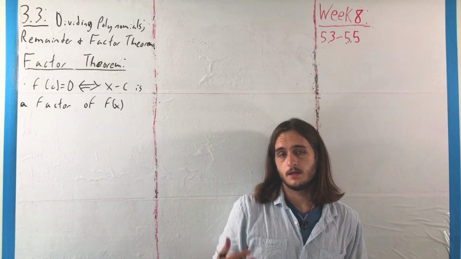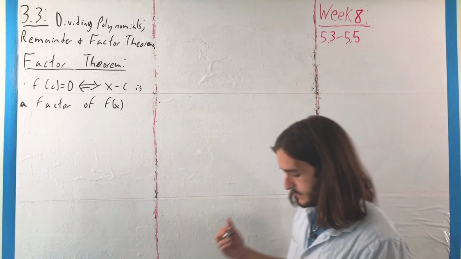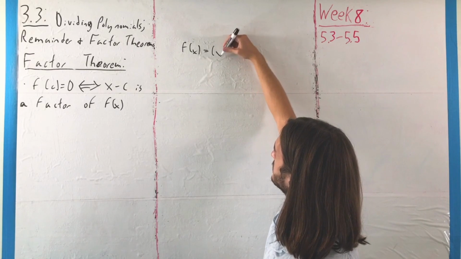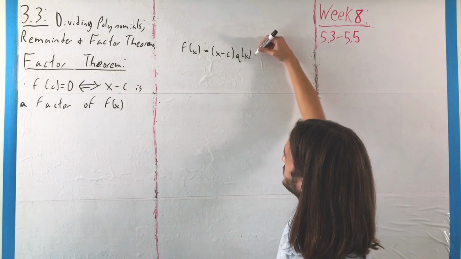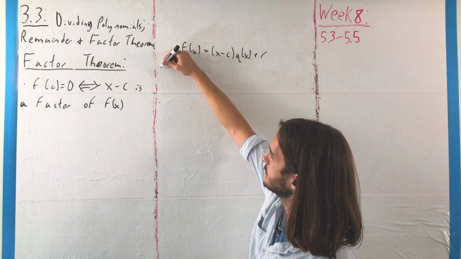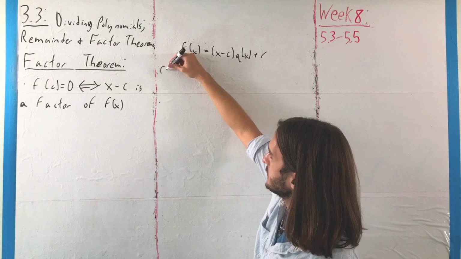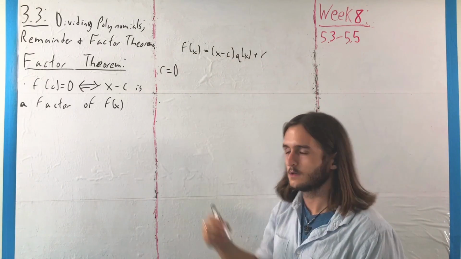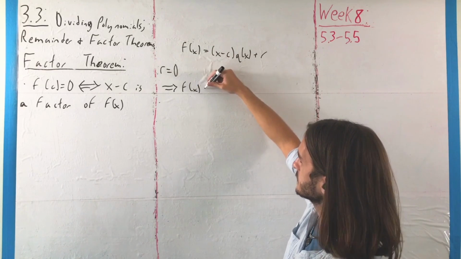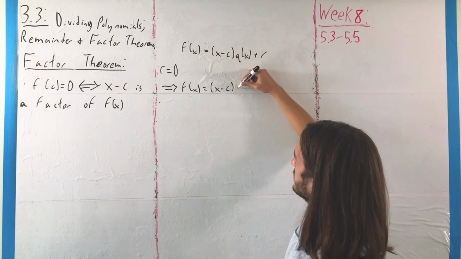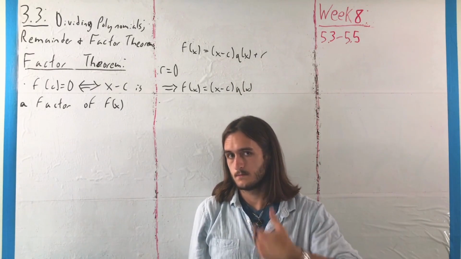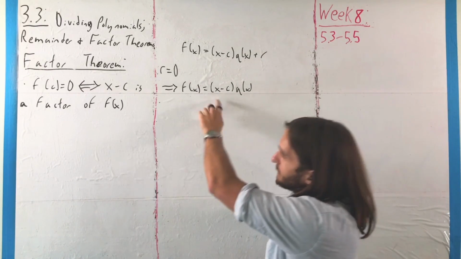So from our special case in the last example, if we have that f of x is equal to x minus c times some quotient function q of x plus r, if we have that the remainder is equal to 0, then what's going to end up happening here is that f of x is equal to x minus c times q of x. That is, if the remainder is 0, then we have that x minus c is a factor